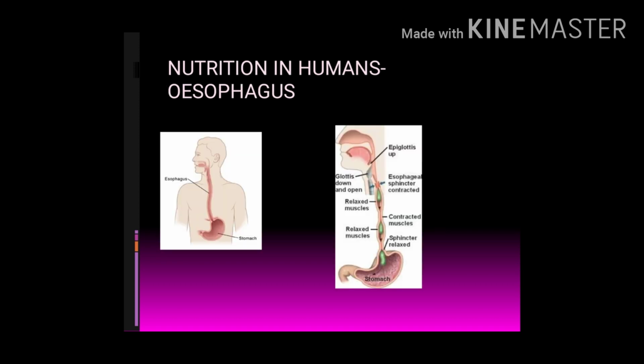In the next slide you can see esophagus along with contracted and relaxed muscles. This diagram shows how peristaltic movement takes place in the esophagus. So this helps to move the food from the mouth to the stomach. Now moving on